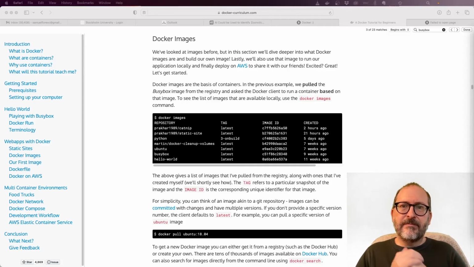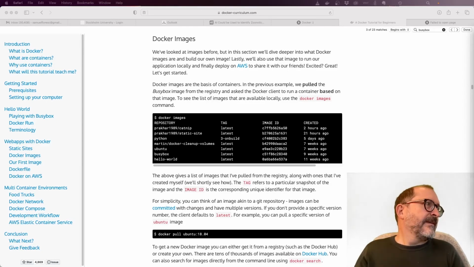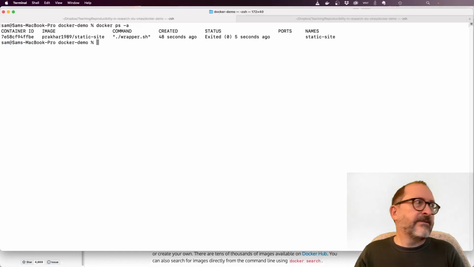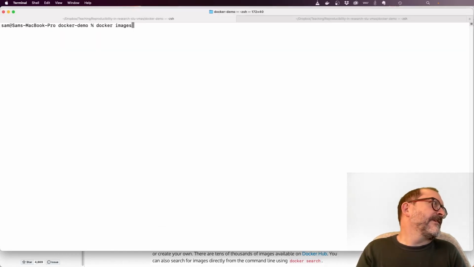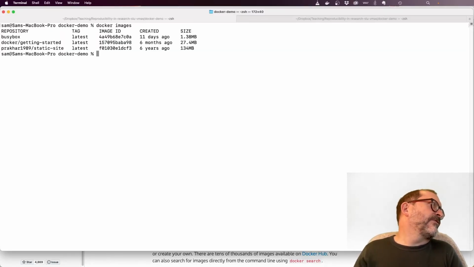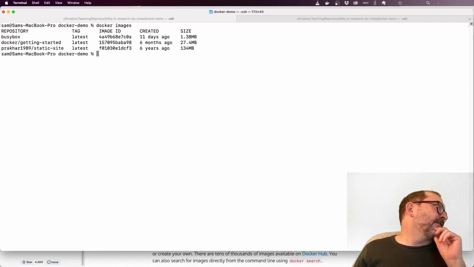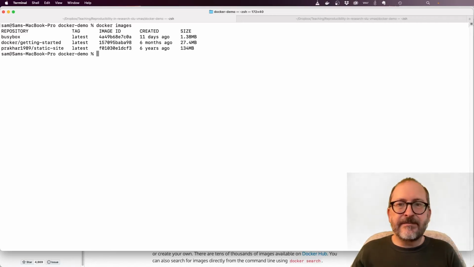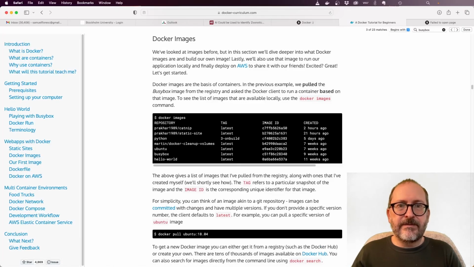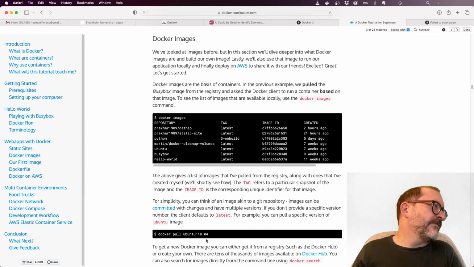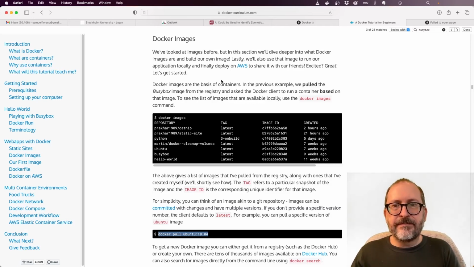Now we're going to talk a little bit more about Docker images. As we mentioned earlier, there's a command called docker images. It tells you what images you have available to you on your local computer, images that you've downloaded before. So here we have Prakar's static site image, and Docker's getting started, and then BusyBox, right? But there's so many more. There's a really large number of available images, and for instance, here's one that's quite useful. If you want this Ubuntu 18.04 LTS operating system to start with,